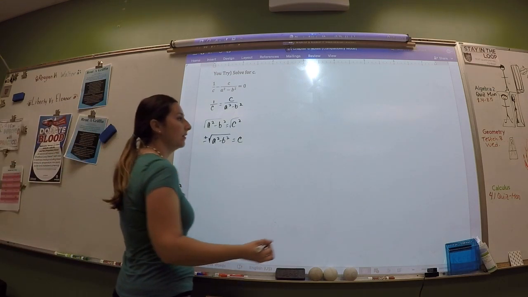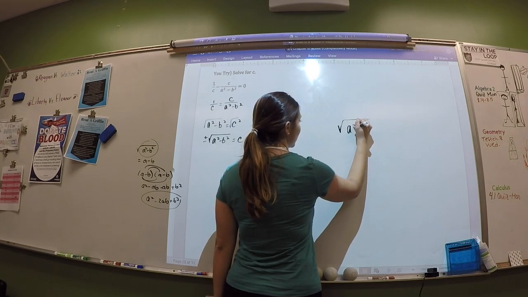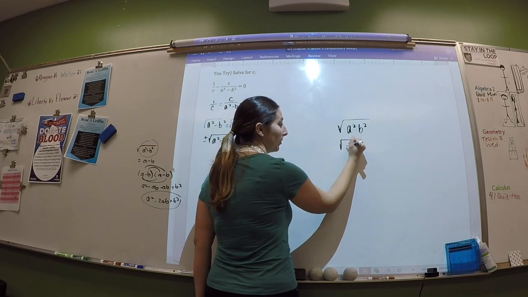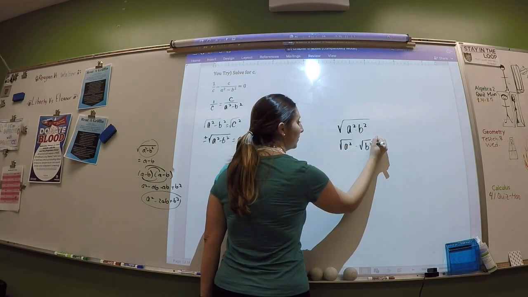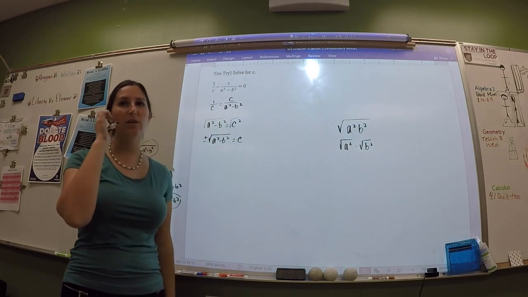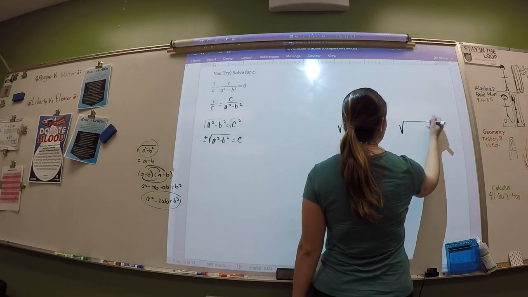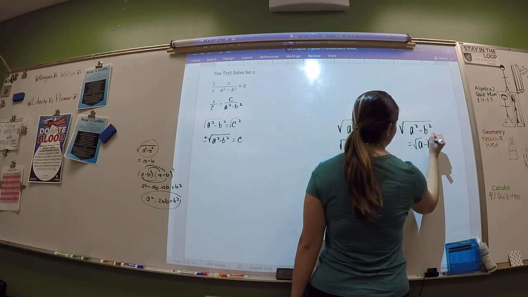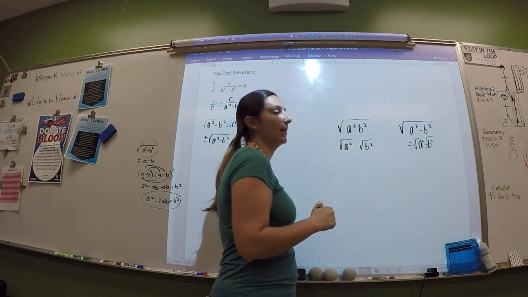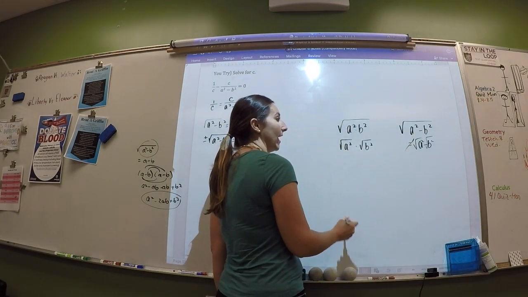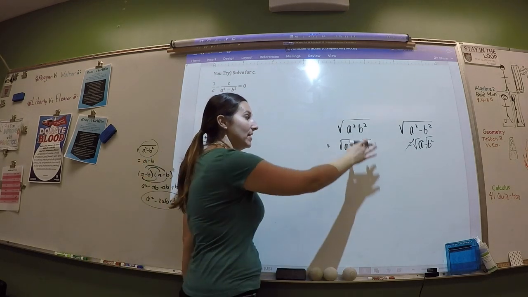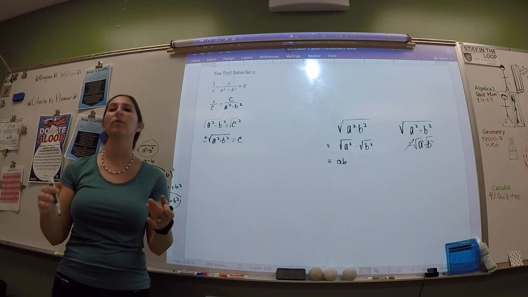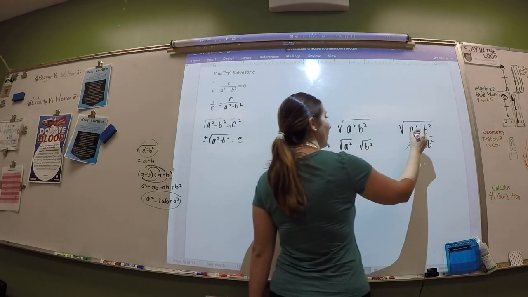Now, if you're talking the square root of a squared times b squared, since they're being multiplied, there's a property that says you can separate this. There is no property that says that you can do this, because they're being subtracted. No property says that. One property says this. So in this situation, this would simplify to ab, because you can square root a squared and you can square root b squared. But if there's a plus or a minus sign in here,